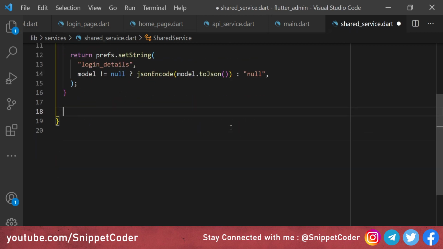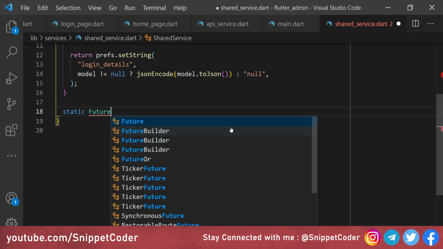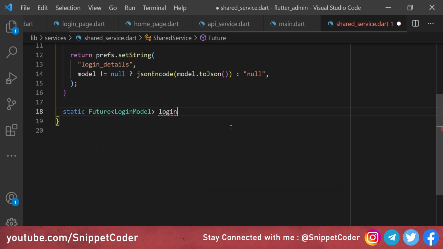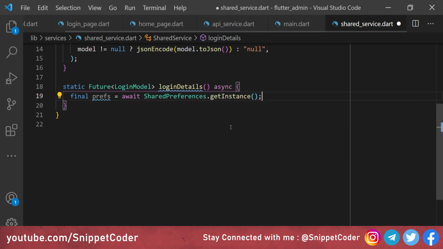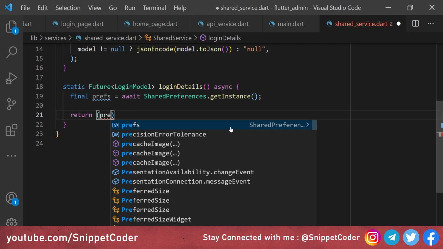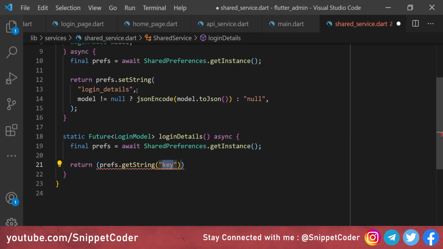Then we will create one more function here, and we will name it static Future LoginModel loginDetails, and we will make it async. Then we will have final preference equal to await SharedPreferences.getInstance. Then we are returning and we are checking if preference.getString, and we are passing the string name, login_details, is not equal to null and getString is not equal to null.